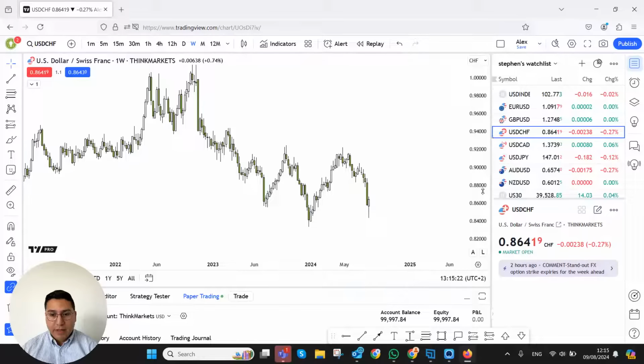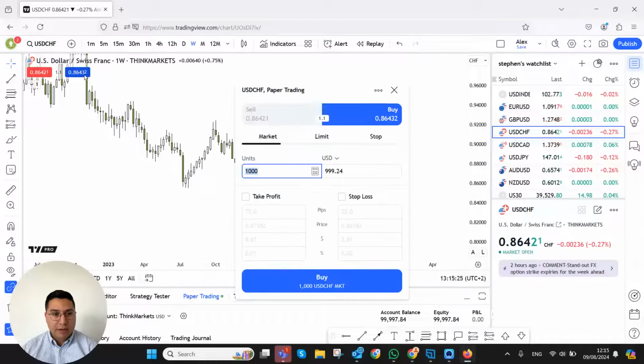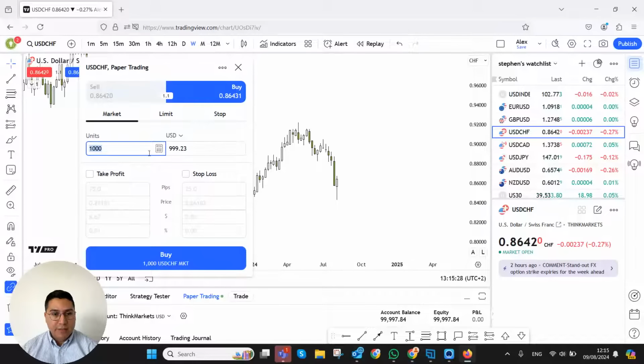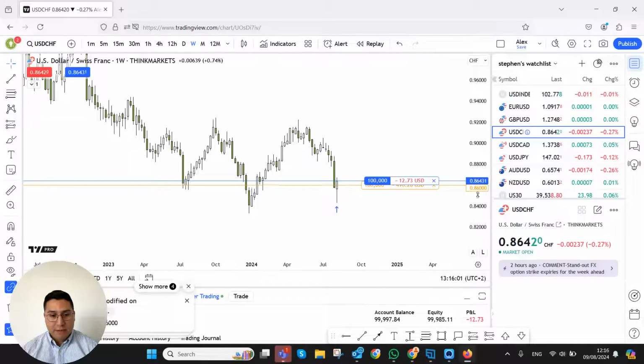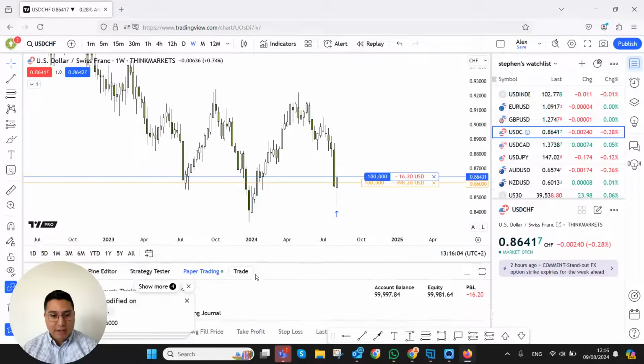And here again, if I wanted to open a position, I click up here, and it's gonna tell me the lot size. So if I wanted to buy 1,000 units, which I do not want, because that would be oh no, okay, I got it. It's not 1,000 lots, it's just a mini lot. Okay, so it can tell me here. So the price is right now at 86.43. So if I put this at 86, for example, risk would be 49, but if I put another 0, it's 495. It's very straightforward. Click on buy, so you can see created, and you can see it here in the bottom,